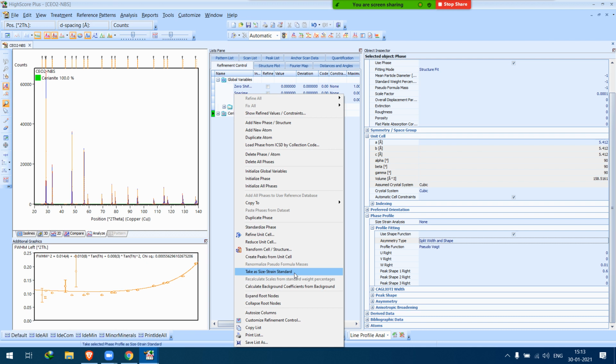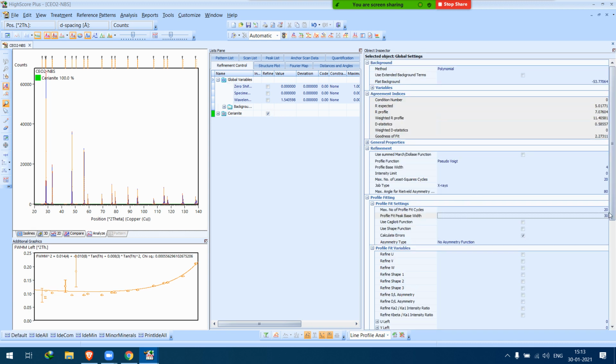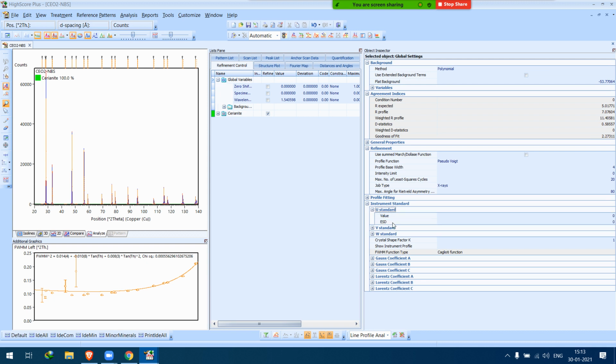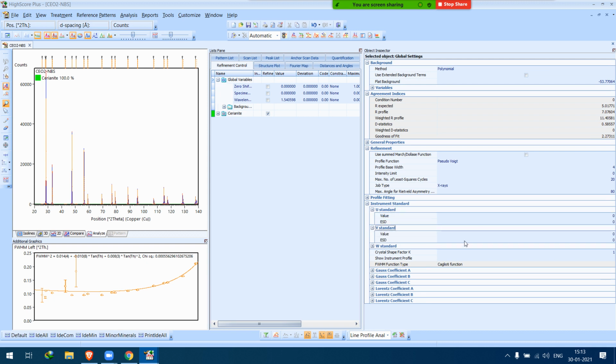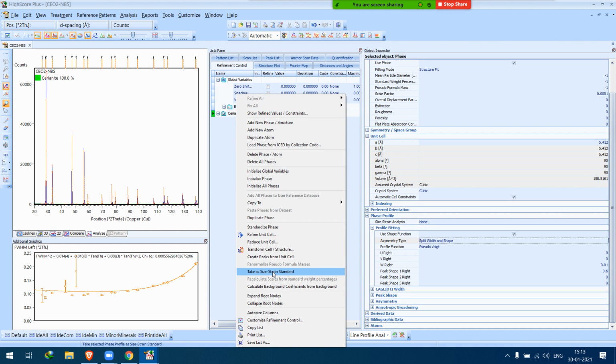So what it will do, this UVW standard will be saved in your database. If you go down and look for global variable, you will see the UVW standard. 0.014, take care.